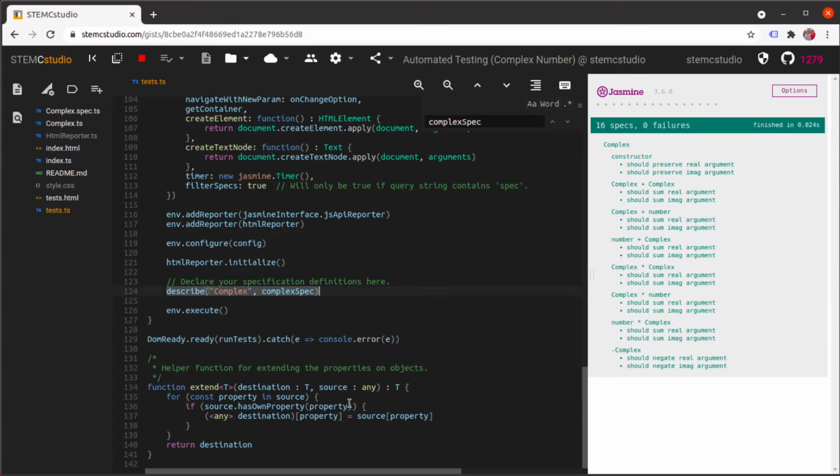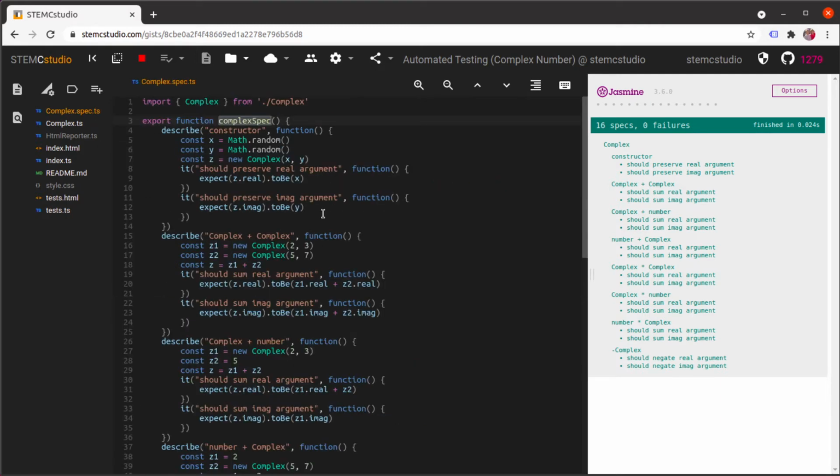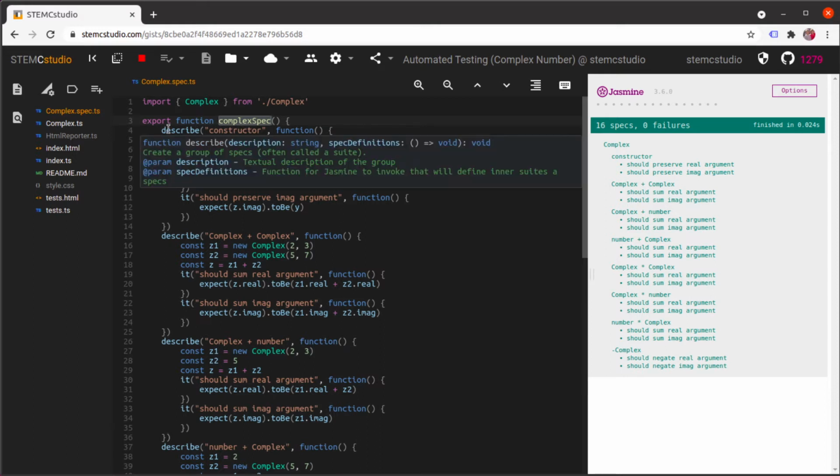So the structure in this file and the way that this is working is different from how you would do it in a desktop program. But the essential and important thing is that the way that you write the specs is exactly the same as you would write it in a normal library. So you can basically use all of the power of the testing framework here to do very standard testing. All right, so in our complex spec, you can see that we have several functions,